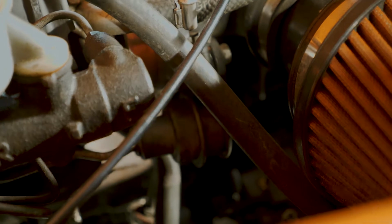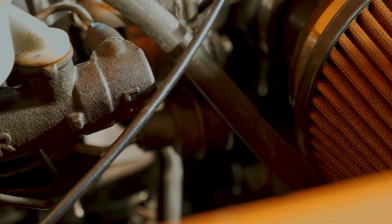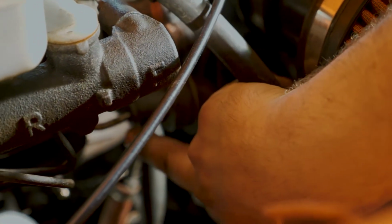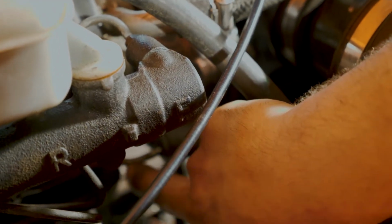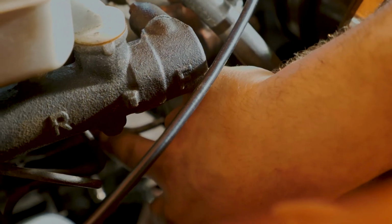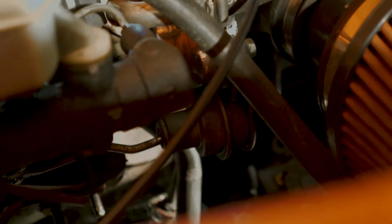Tune your car up simply without putting it on a dyno. On all turbos I'll have a wastegate actuator, all wastegated turbos will. Some of them have an adjustable rod here, and you can play with that rod. This CT20 does not. So a quick little way to adjust boost without going and buying a